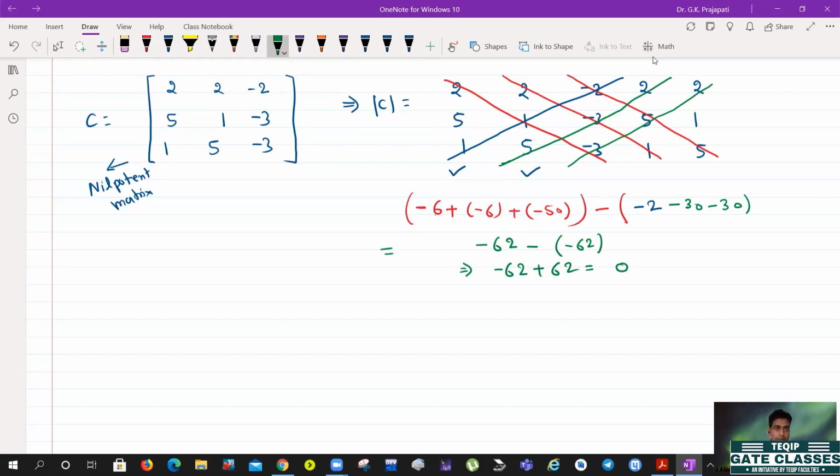So we can see by an example that the determinant of a nilpotent matrix is again 0. The proof of the above property you can see in upcoming lectures when we teach you eigenvalues. All the properties of the above matrices can be proved when you study eigenvalues. So wait for the proof.